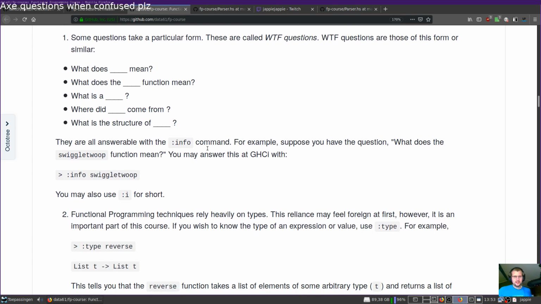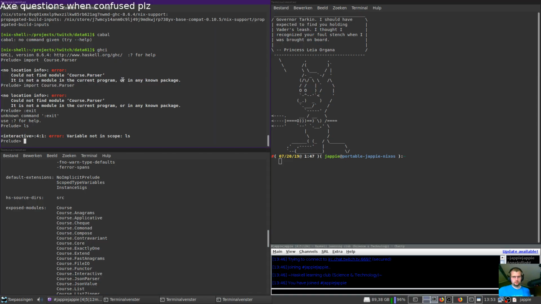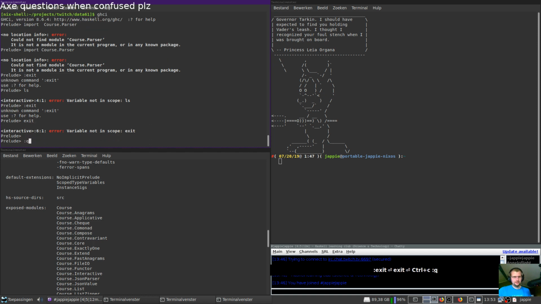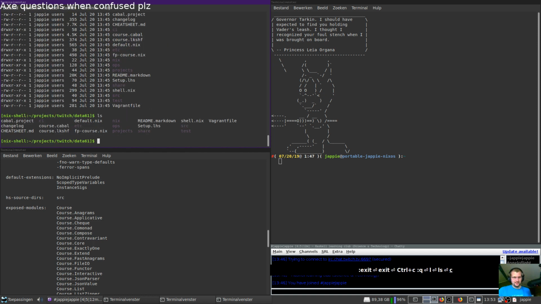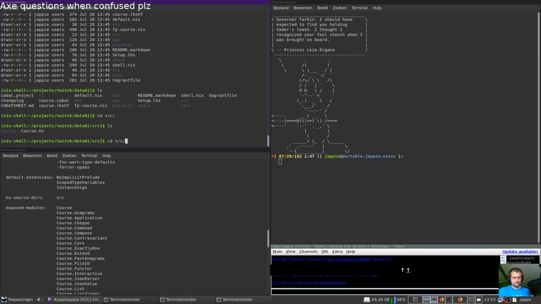Yeah, the problem is I got into GHCi, but it couldn't find the file. Maybe I should go to a different shell instead and open GHCi there. Yeah, that seems like a good idea. How do I quit GHCi? So yeah, Haskell tooling is fun. It's not.